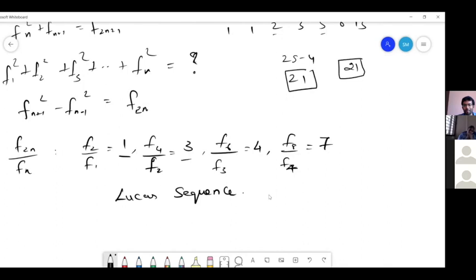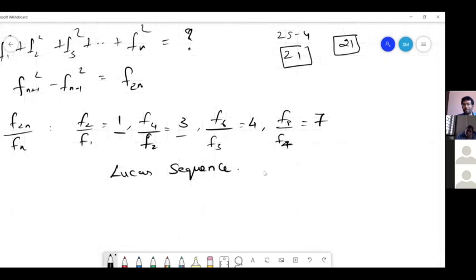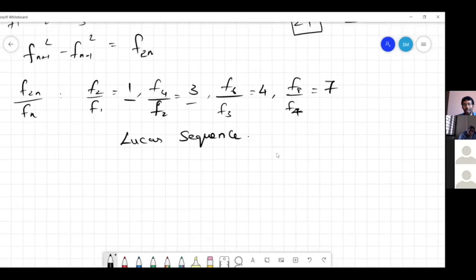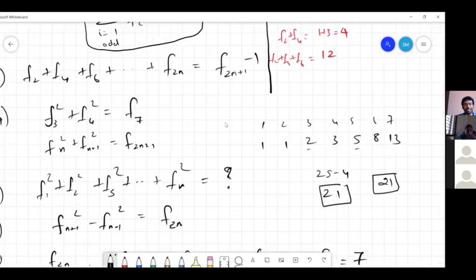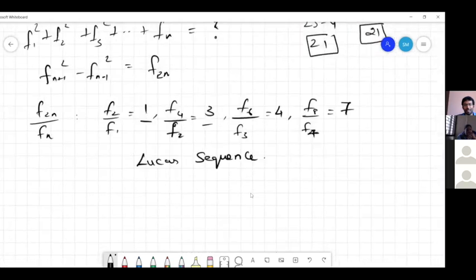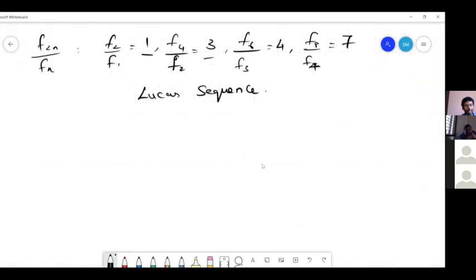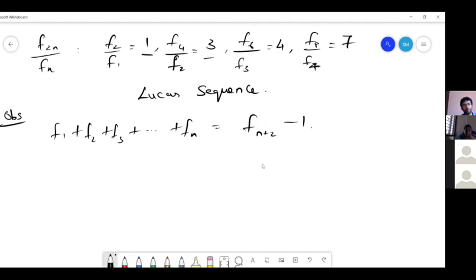Another track is to see if we can prove some of the results that we have got. We'll start with our first result, the sum of the first n Fibonacci numbers. Our observation is F1 plus F2 plus F3 dot dot dot till Fn is F(n+2) minus 1. This is our observation, right? So how can we prove it? In the last session, I think I mentioned the proof technique that can be used to prove this.